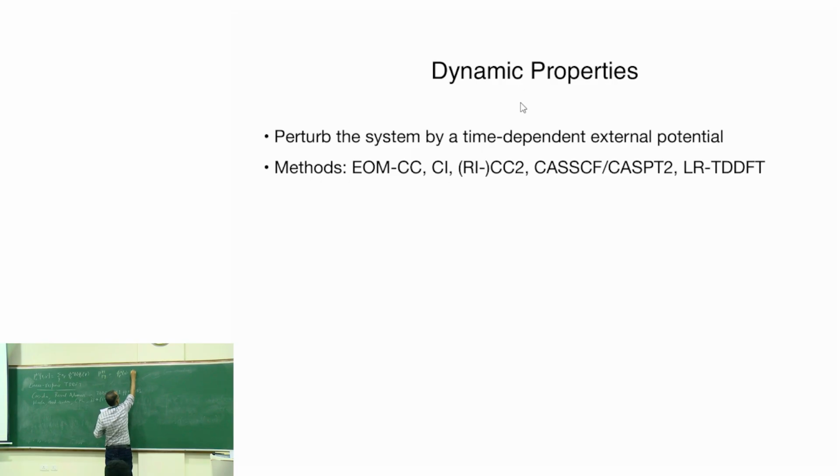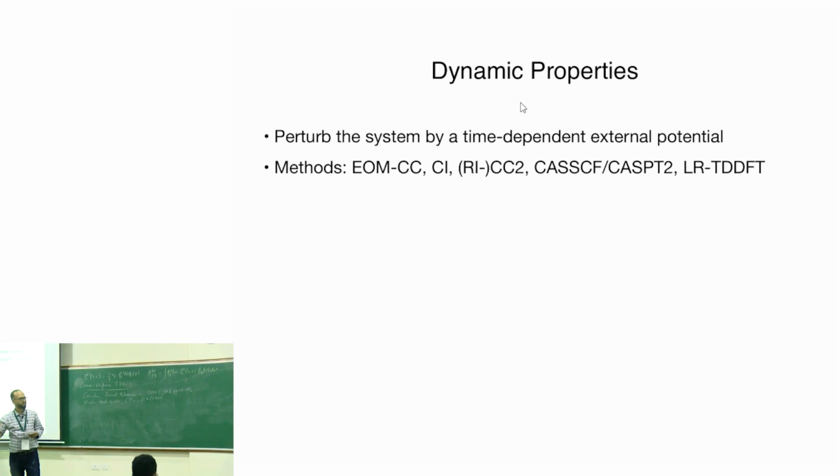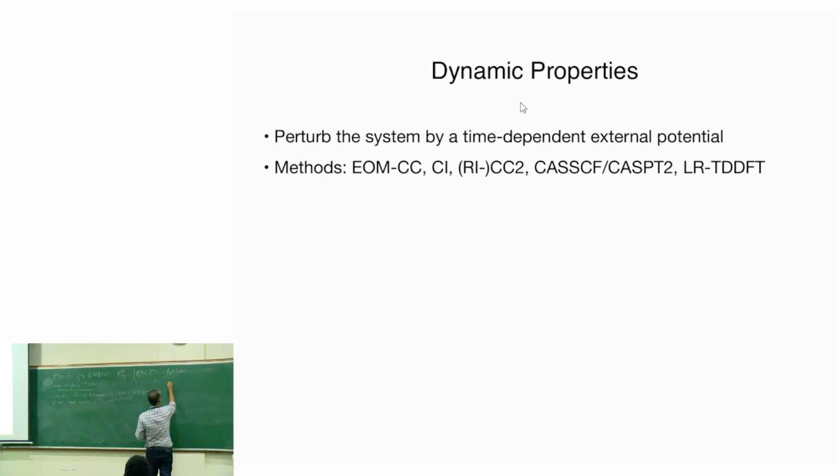Okay. So this is your Kohn-Sham density matrix. I'm going to just denote it by 0, which means 0th order, right? And if I were to write this matrix,